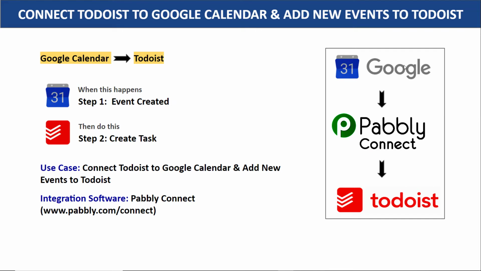Now here you have two choices. The first choice is you can copy all the details of John from Google Calendar and manually create a task in Todoist. This process is very repetitive and tiresome. So I suggest that you bring in some automation so that when a new event is created in Google Calendar, it will automatically create a task in Todoist.